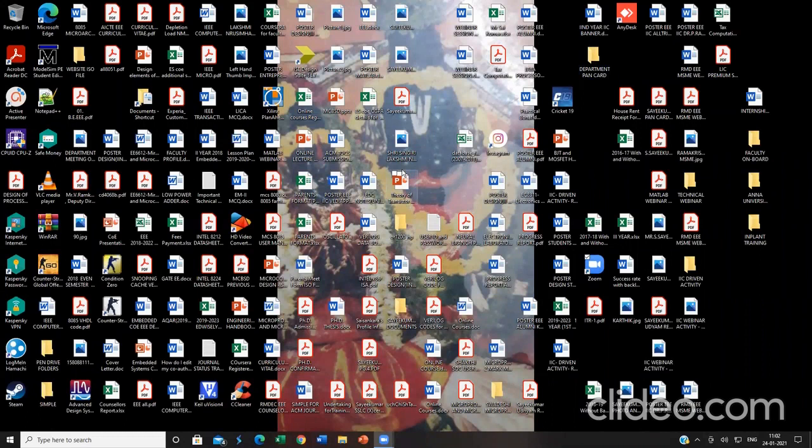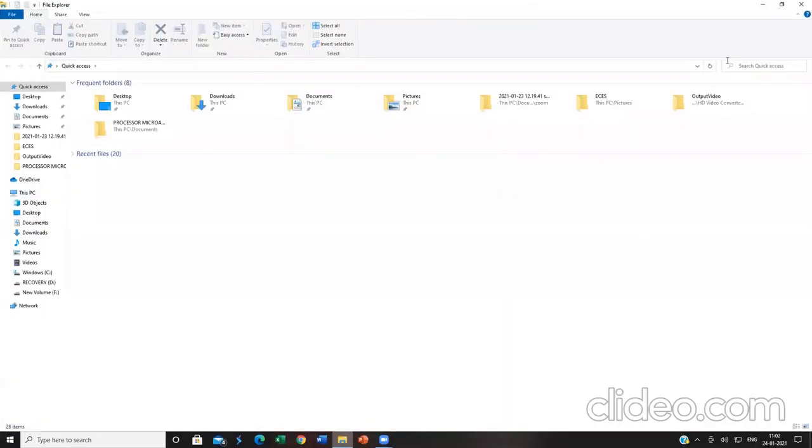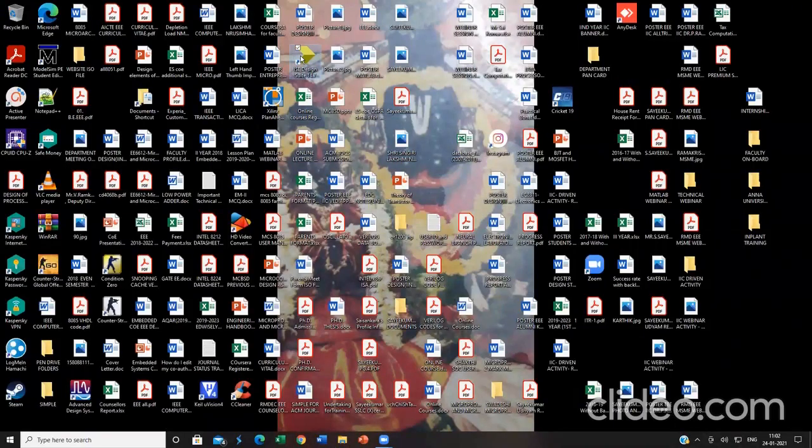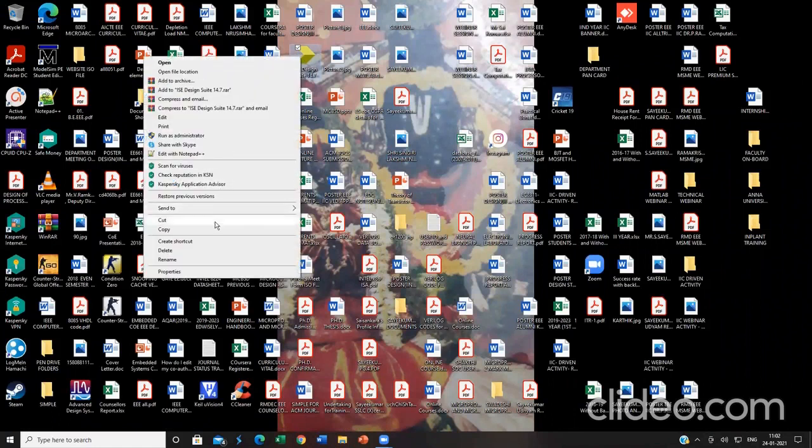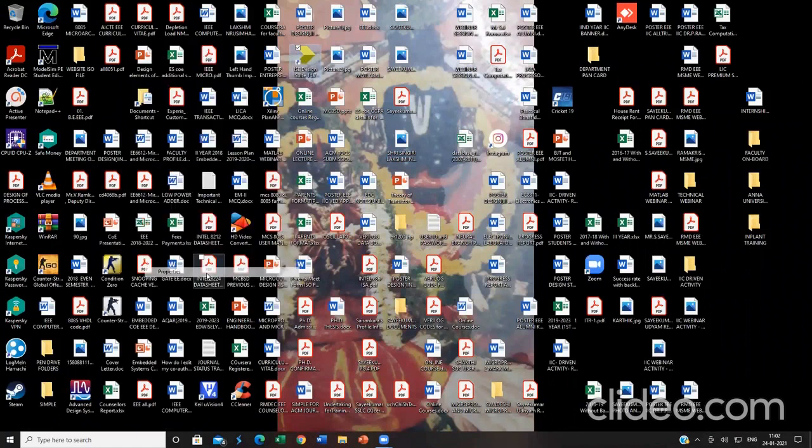So first, right click on Xilinx ISE Design Suite 14.7 and click on Properties.